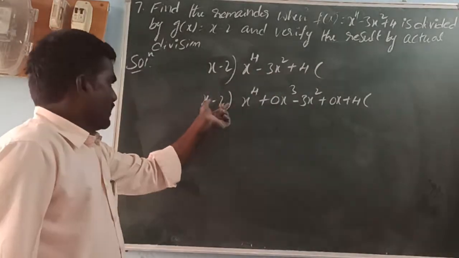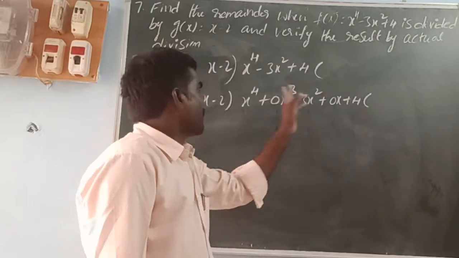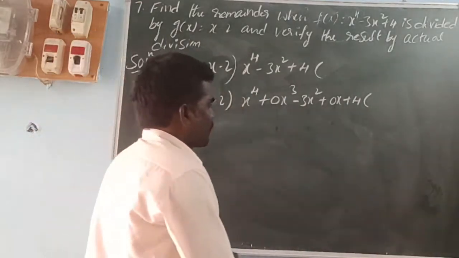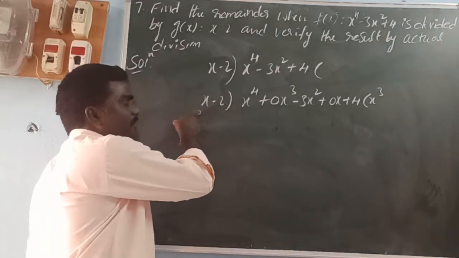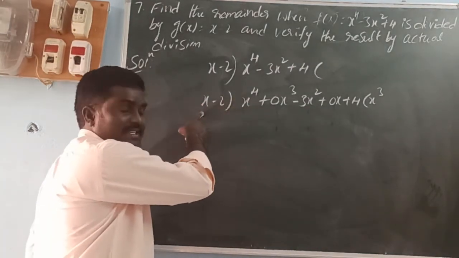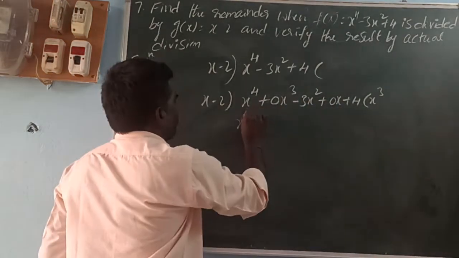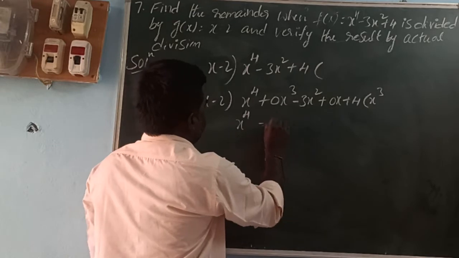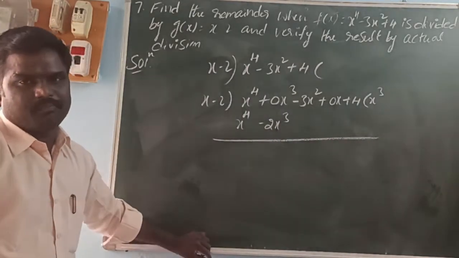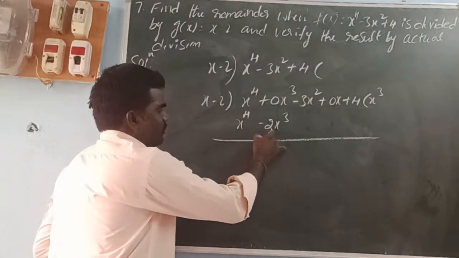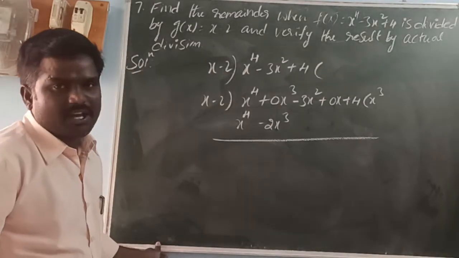So here in the divisor, what is there? x minus 2. x is multiplied with which term to get x power 4? That is x cube. How? The first term of the dividend divided by the first term of the divisor. x power 4 by x, we get x cube. So that is x cube into x, x power 4. x cube into minus 2, minus 2x cube. So division is nothing but subtraction. Okay, that means x power 4 minus 2x cube is subtracted from this polynomial. When it is subtracted, the signs change.